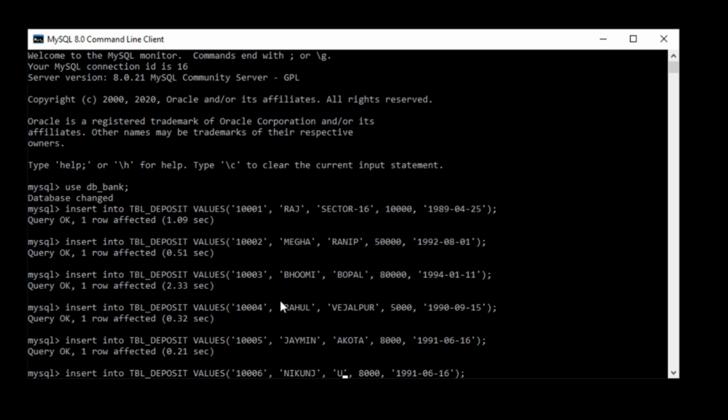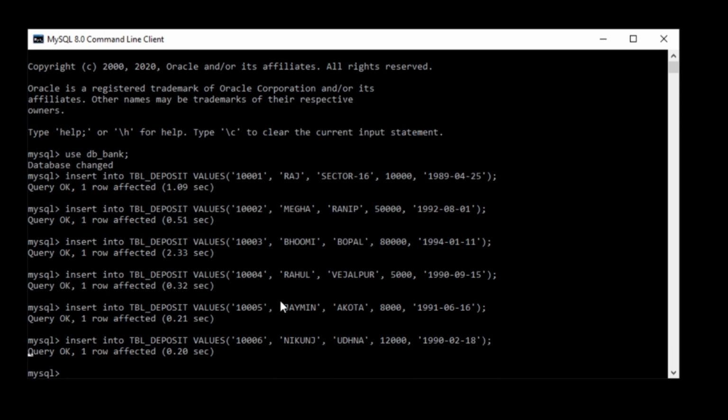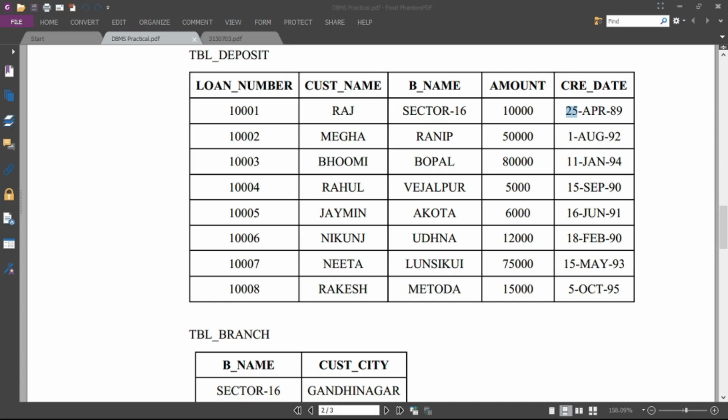The branch name is Udhna, 12,000 and the date is 18 Feb 90. The next is 10007, Nita, Lucy, 75,000, 15th May 93.